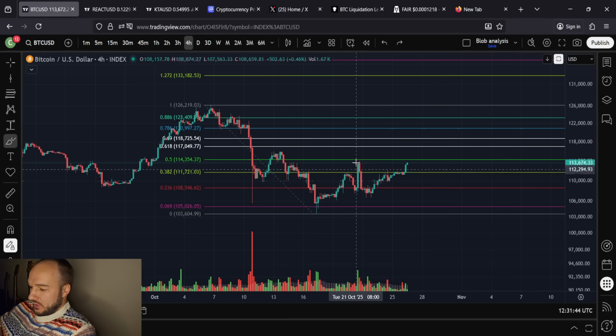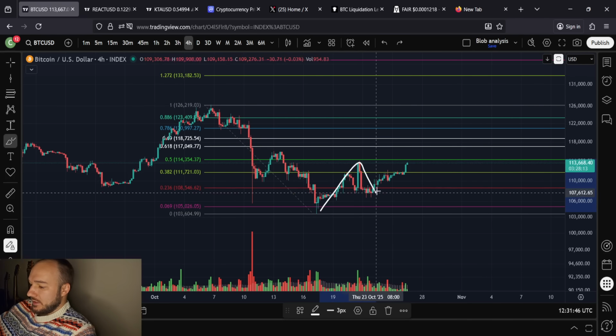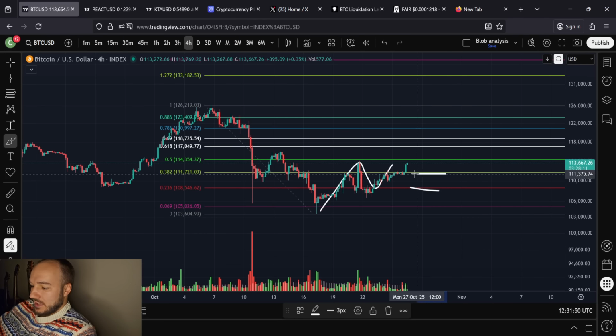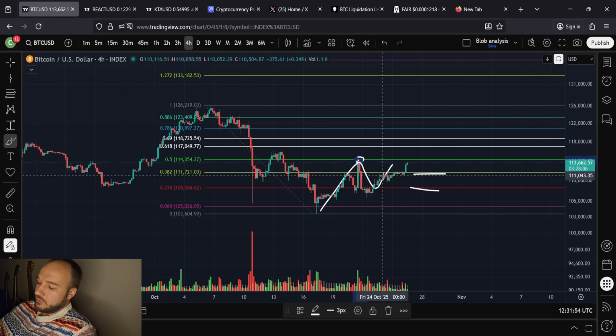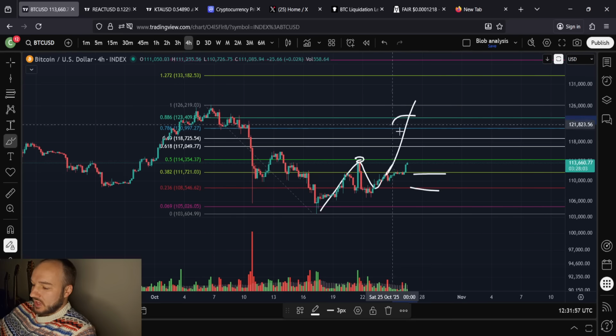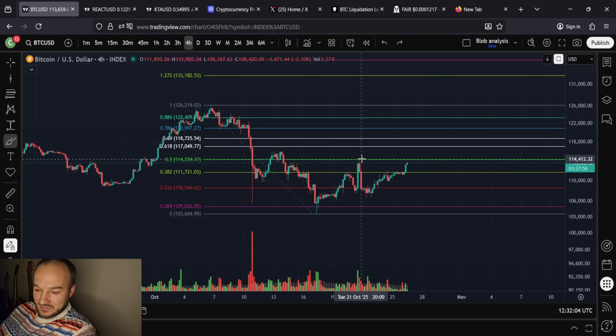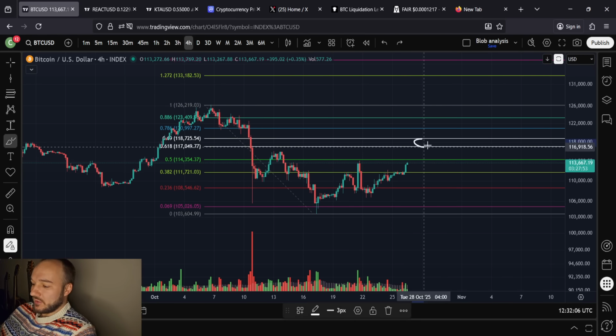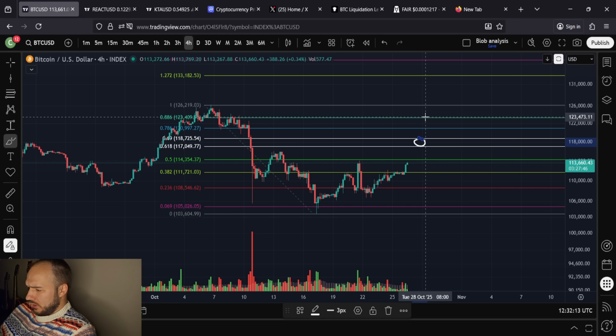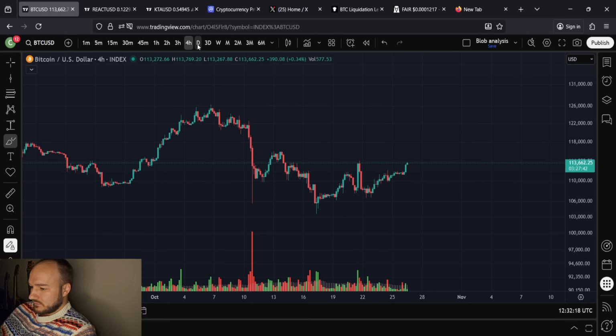I'm saying when you have an interaction like this, when you're consolidating, it could bounce at the 0.236, it could bounce at the 0.382, but if you find resistance at the 0.5 first, you're more likely to break through the golden ratio and stop here than you would be if you didn't have this interaction. But still, even then, not to make it confusing, the most likely outcome is still to find resistance here, just to be clear. But I think using everything else, it is safe to really assume I think 121 to 123.4K is the intended target area by the end of the month.